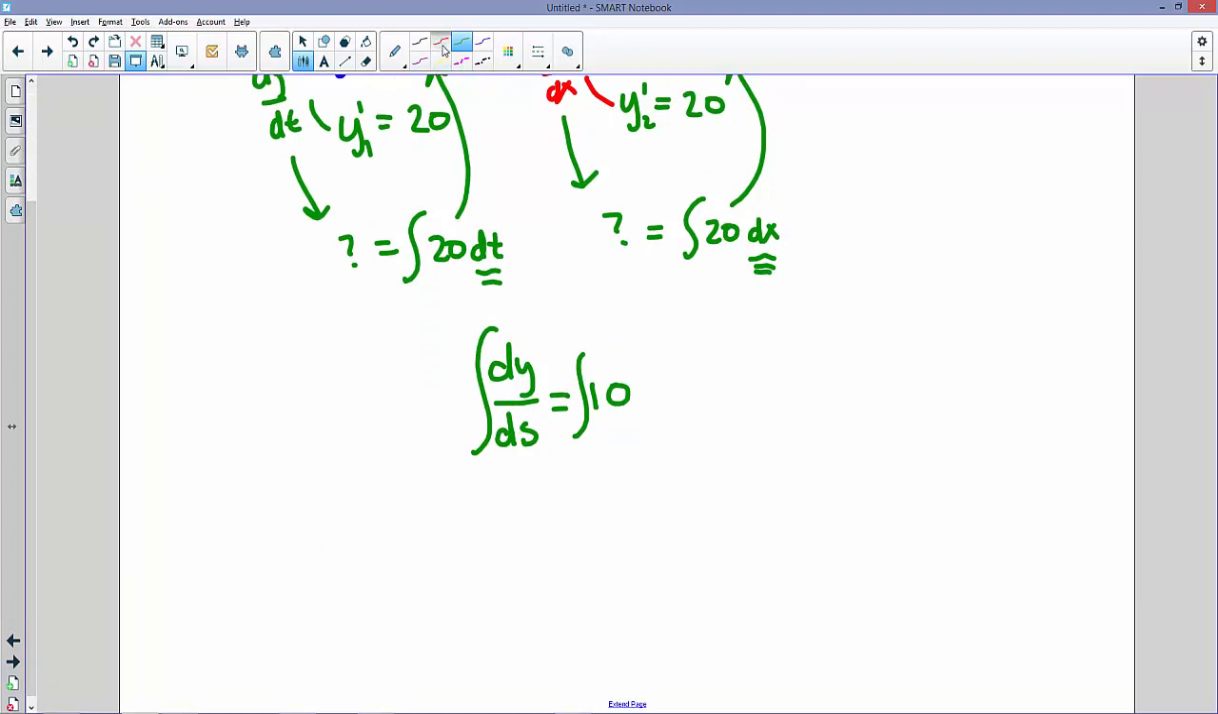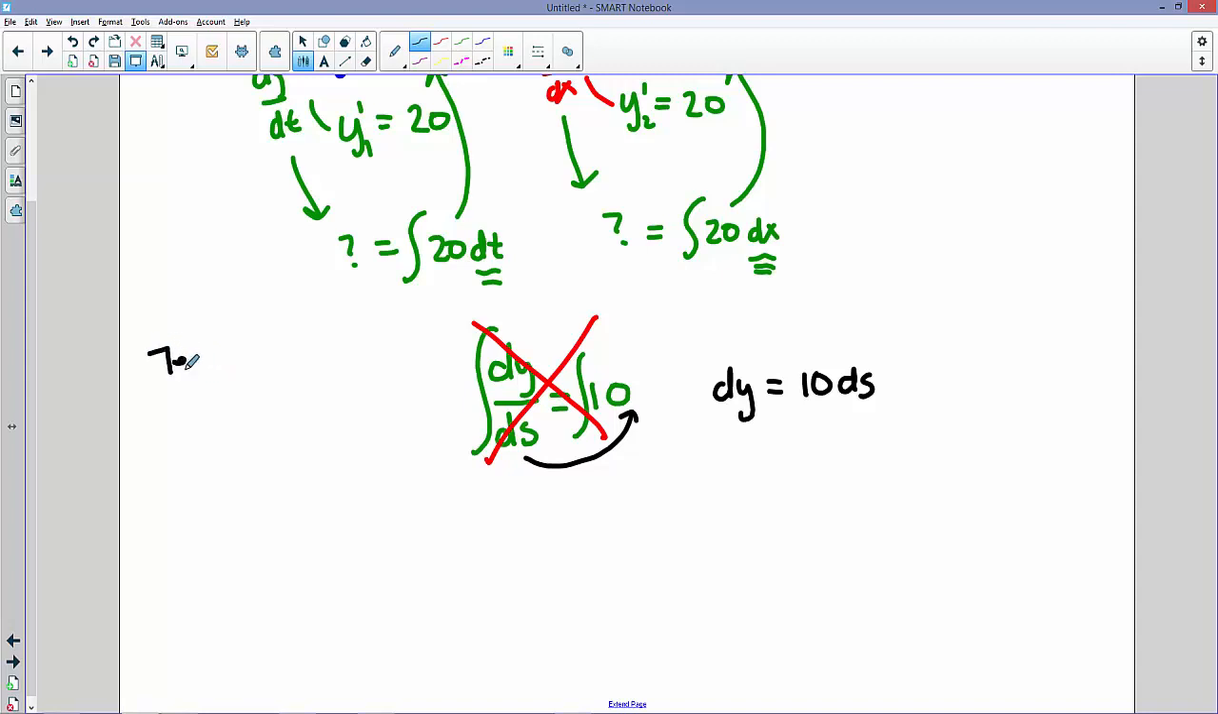Instead of this, not that that's wrong per se, but instead of this, we write dy equals 10 ds. See, we write it like this. So we bring the ds over. It's not really multiplying both sides by ds. It's more like saying,